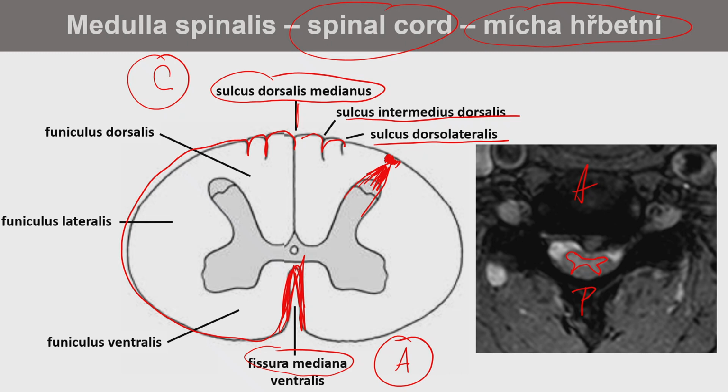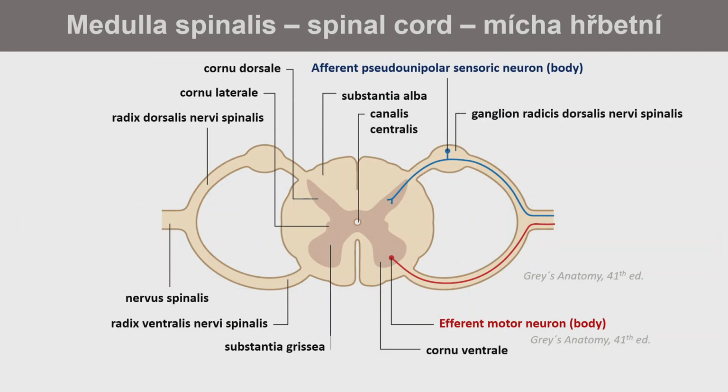And this is an example of the herniation of a disc at a C level. And you can see that we very nicely could see this butterfly on magnetic resonance. It's very important because when we have to assess if the spinal cord is injured or damaged or there is some, for example, demyelinization or ischemia, the only method how to look into the spinal cord is magnetic resonance.